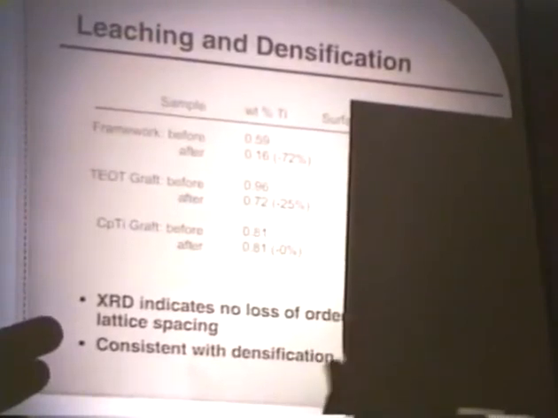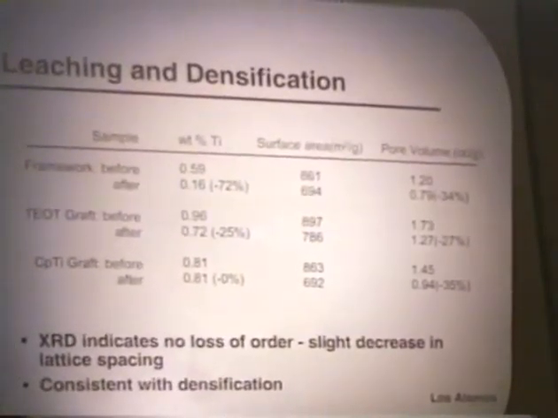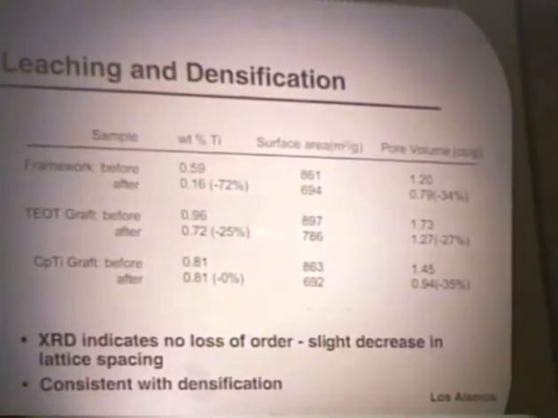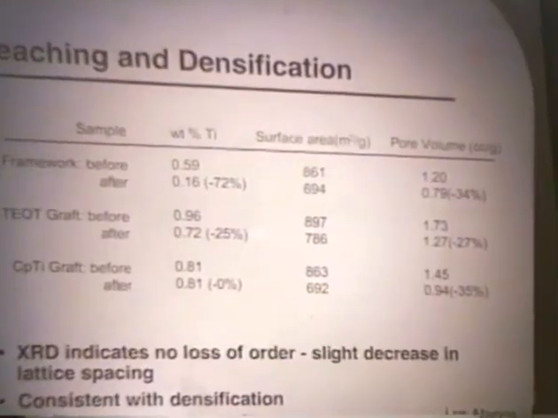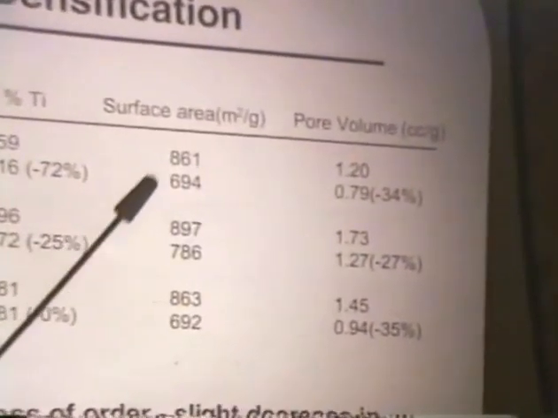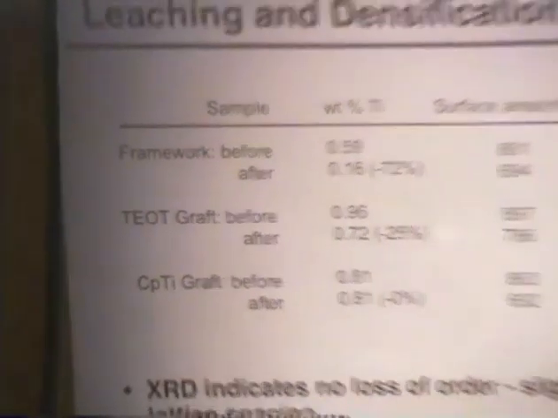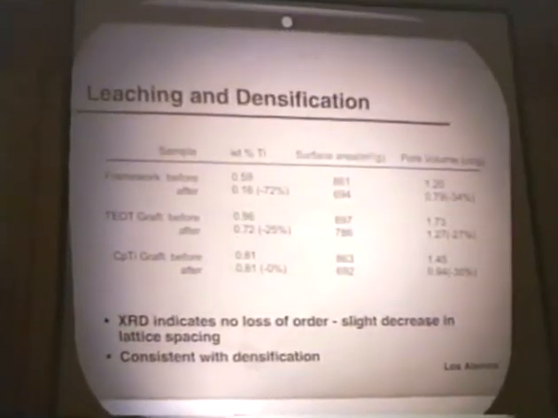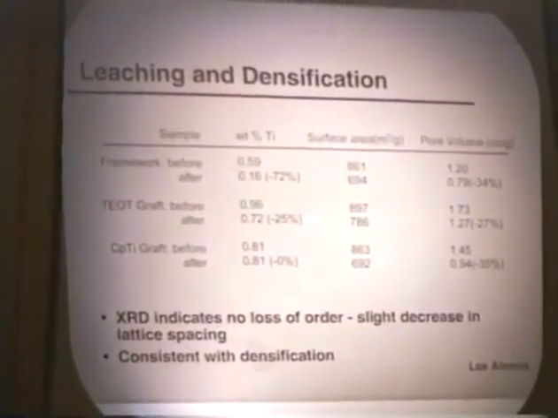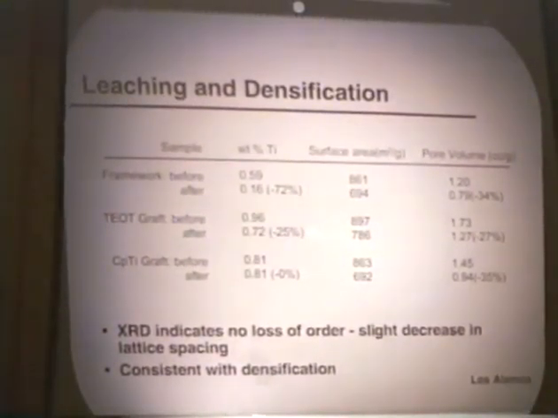Okay, if one then looks at the surface areas of the materials as a function of the cycling experiment, one sees that the surface areas and the pore volumes are all diminishing. Oh, I should go back and say that also this deactivation that I'm showing you is not restored by calcination. So this deactivation is not due to product buildup in the pores. Okay? It appears to be more associated with the loss of surface area and the loss of pore volume.